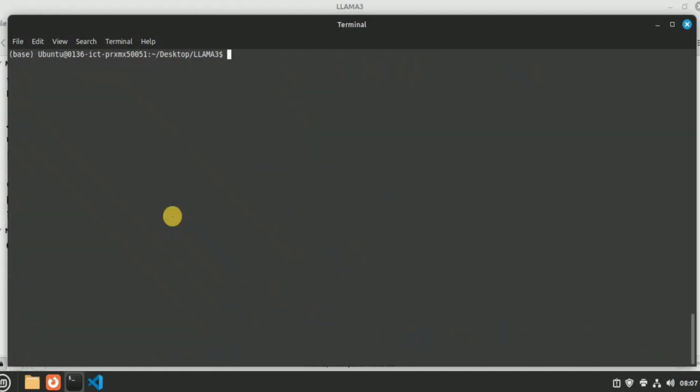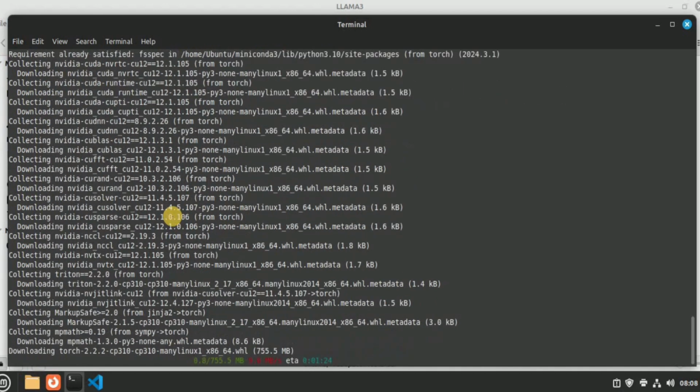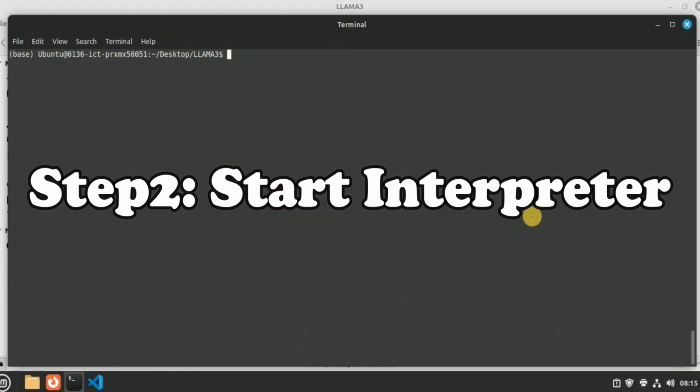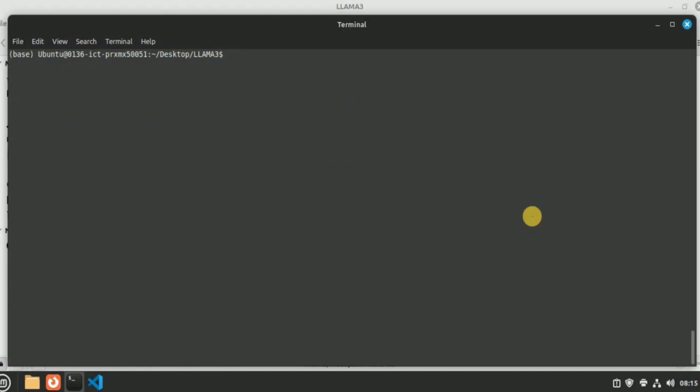Once this is done, now we are going to add our next library, which is torch. So here, instead of transformers, I'm going to run the command pip install torch --upgrade, hit enter, and it will start downloading and installing all the necessary libraries needed for this package. Alright, so once this is done, for the next step we need to write the actual code which will install the model, and for that we need to have the interpreter. So in order to have the interpreter, I'm going to run the command python3, hit enter, and I'm going to move inside the interpreter.